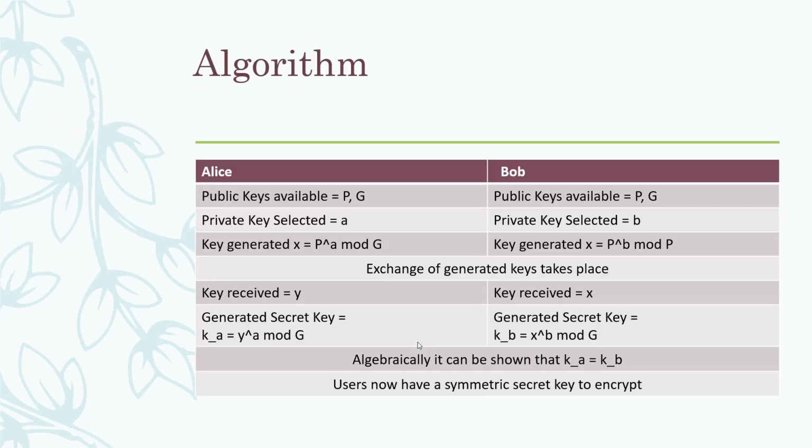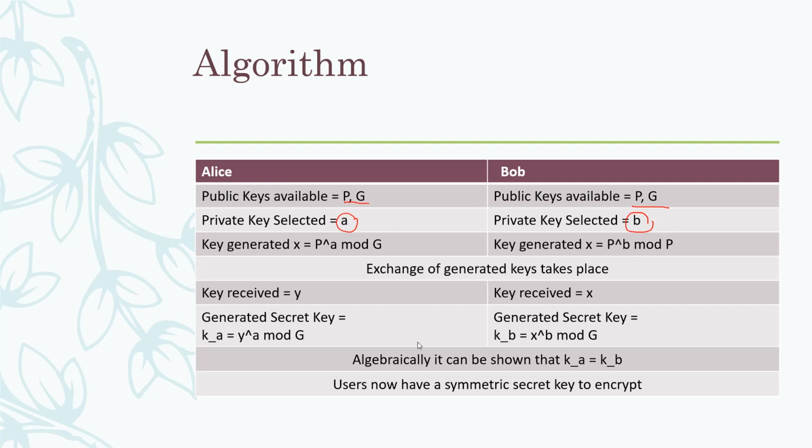Let's see the Diffie-Hellman algorithm. Assume the public key is available. This will be known to both the sender and the receiver. If you consider Alice as the sender and Bob as the receiver, now Alice will select the private key A, and Bob will select the private key B. Now they generate the key,